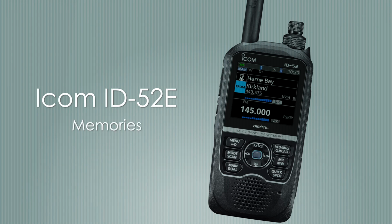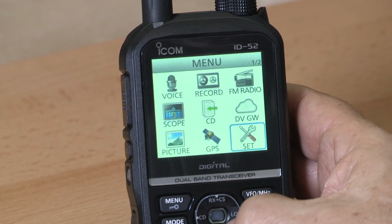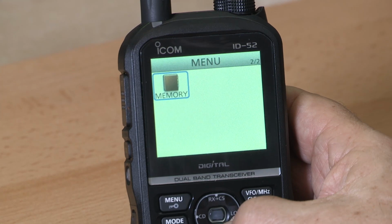Our menu home screen has got items on it here on the main screen, but if we scroll down one more, there's one little one all on its own at the bottom, but it's a very important one, memory. And this is where all of that information about the UK repeaters and your D-Star repeaters and everything else, that's where it all lives. And luckily the radio here in the UK comes with it all programmed in, which is absolutely brilliant. If you want to add more things, you can, because the way that the memory is divided up, it's divided up into groups, and you can create new groups and put new memories or new frequencies into the